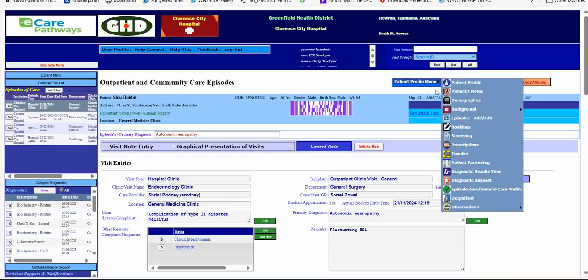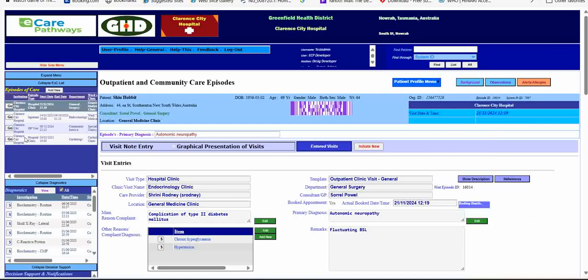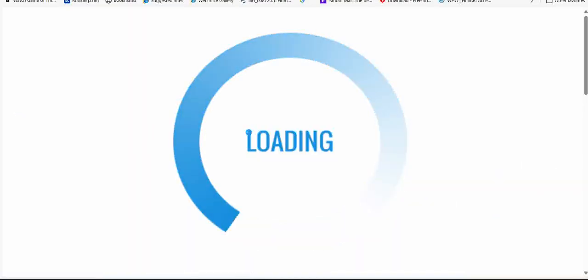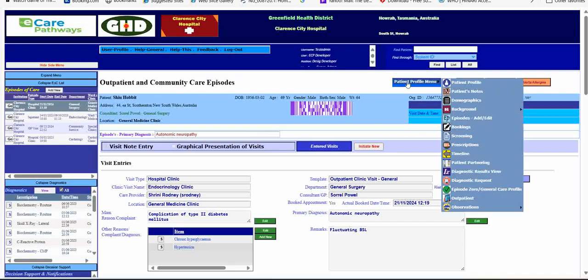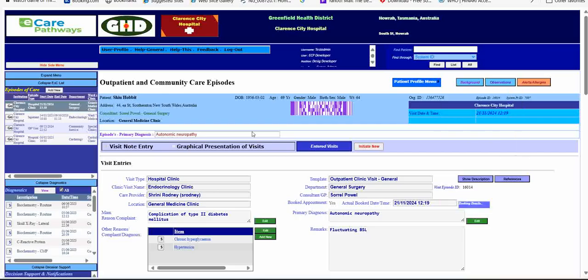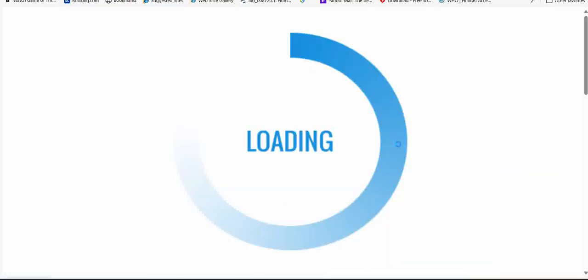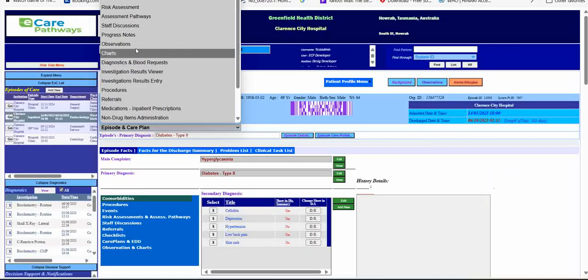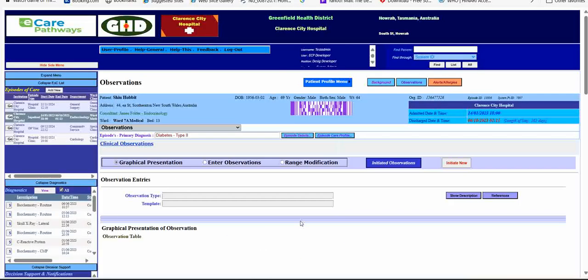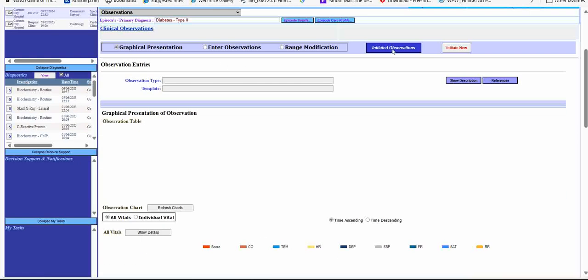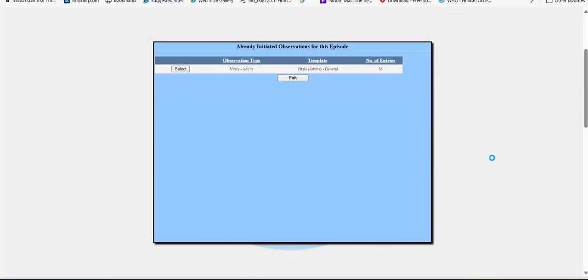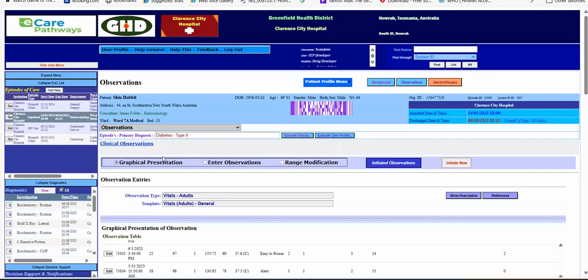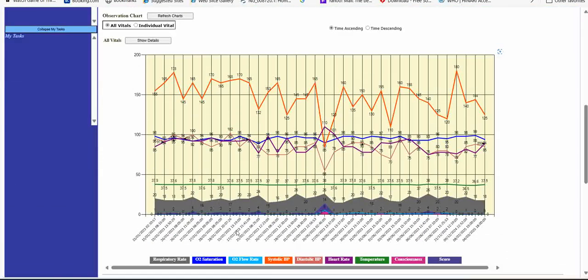this main data module again. I'll go to one of the inpatients, and I'll show you how the ranges can be set for observations. So I'll go to inpatient, and then I'm going into the observation of that particular inpatient episode. So now here we have the chart of the